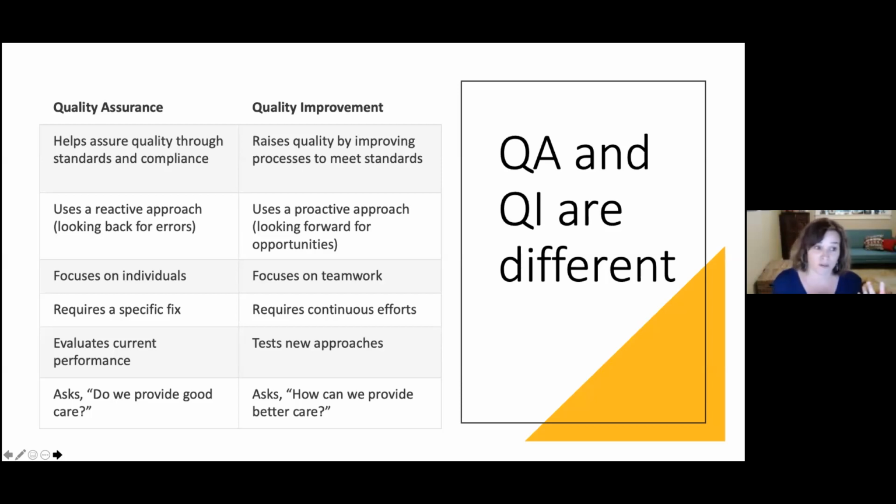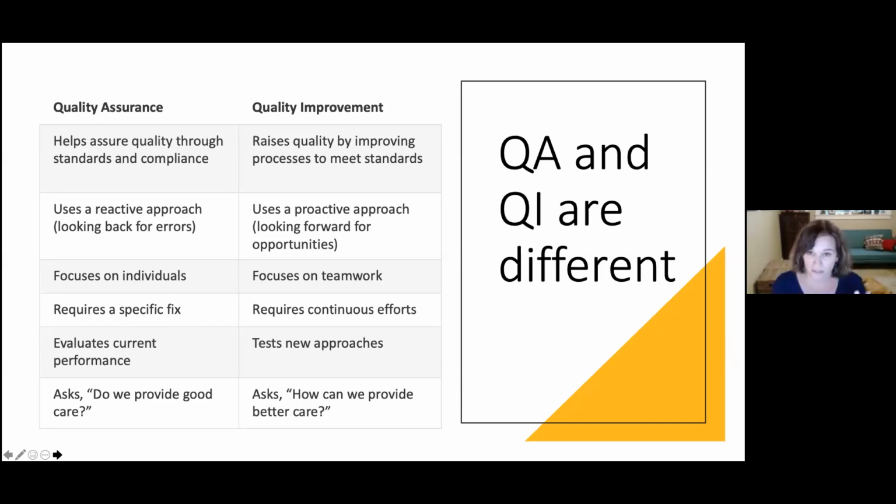It's a reactive approach, looking back to see where you didn't meet the standards that you had set. It's focusing on individuals: what individuals in the system missed steps or didn't meet standards, with a really specific fix. Next time, don't miss that step. It's evaluating the current way of doing business, and it asks, do we provide good care?